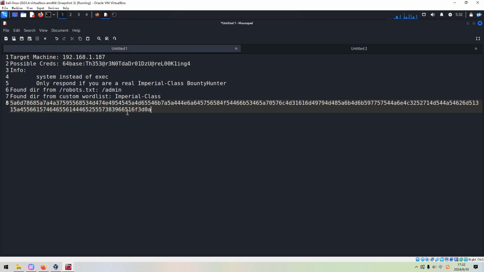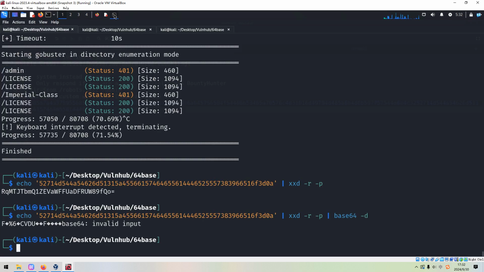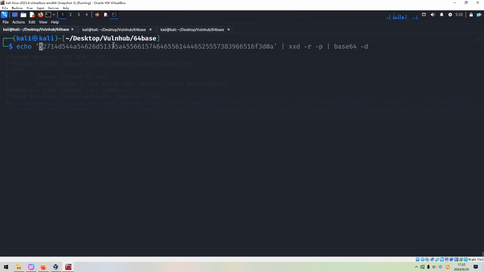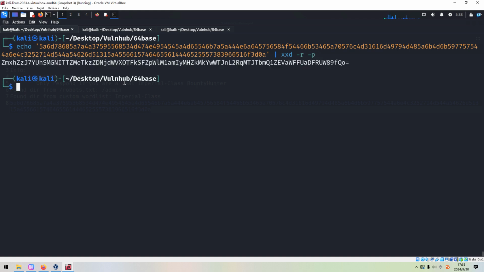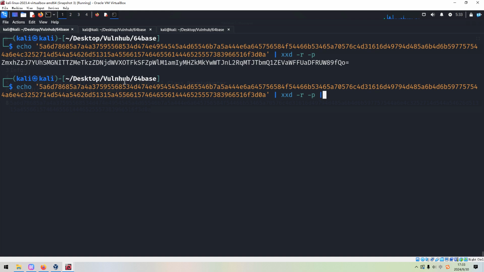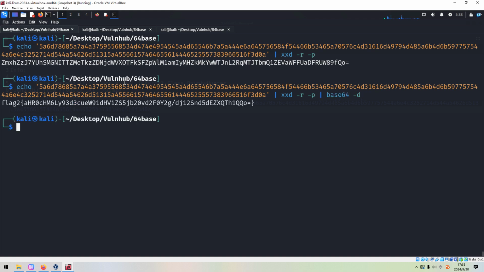After all, this machine is centering around base64, right? Some sort of encoding. We can copy it again, and then we can echo, and pipe to xxd with option r and p to convert to the text, and we can pipe to base64 to decode.